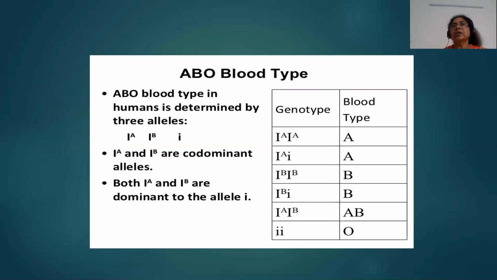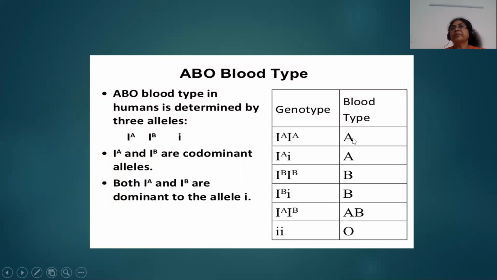So you have seen just now one gene I has 3 alleles, IA, IB and i. Here I want to make it very clear, children, that in an organism, there will be only 2 alleles. In an individual, there will be only 2 alleles controlling it. But in a population, there are 3 alleles of gene I, that is IA, IB and i. And these 3 alleles can produce 6 different types of genotypes.